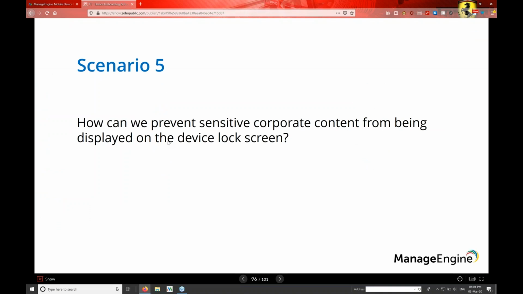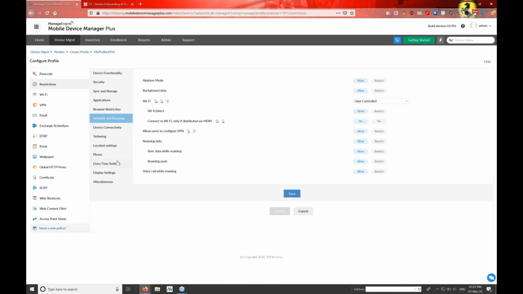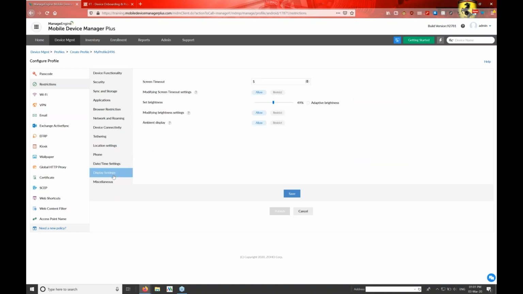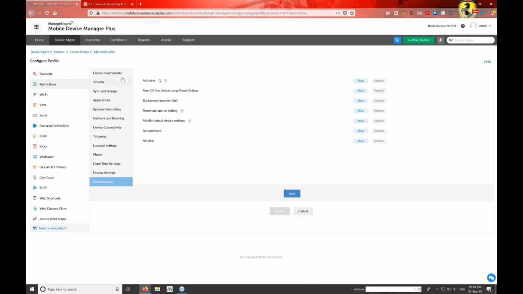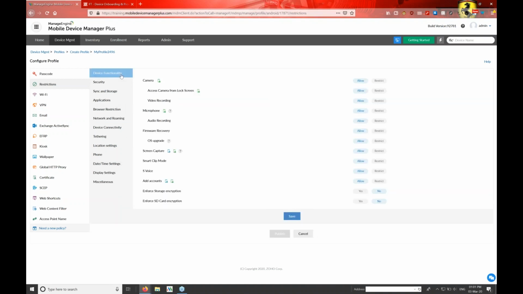Fifth scenario: how can you prevent sensitive corporate content from being displayed on the device lock screen? A lot of times notifications are shown on the lock screen, and this might contain sensitive data. So you need to restrict this. How can you do that? I'll take you back to the MDM server to explain this one. Display settings is one where you can choose to restrict screen timeout and all that stuff. Similarly, let me quickly go to device functionality, where you can restrict smart clipboard and screen capture, as well as restricting